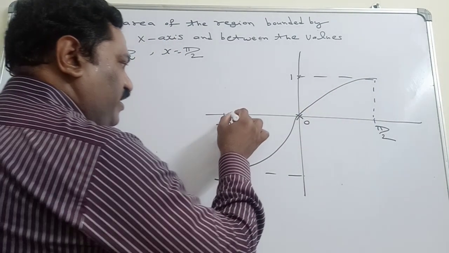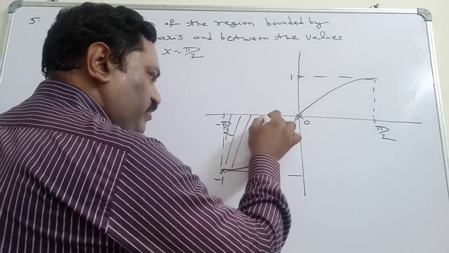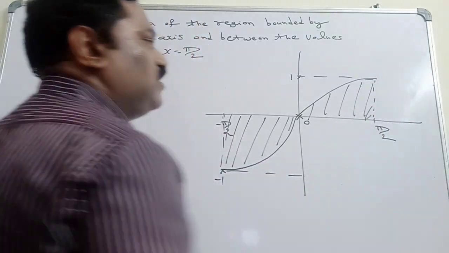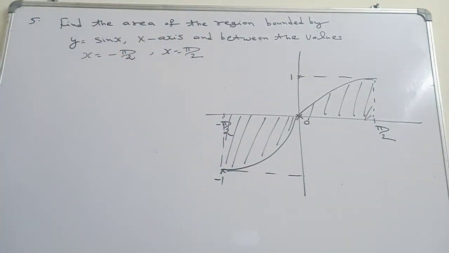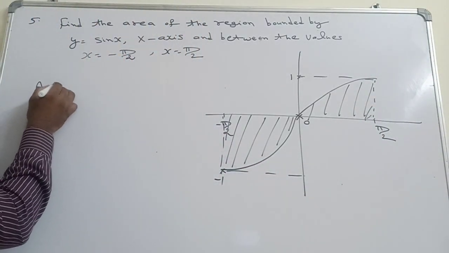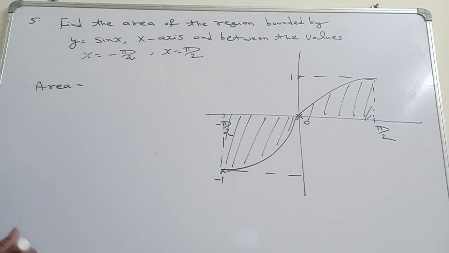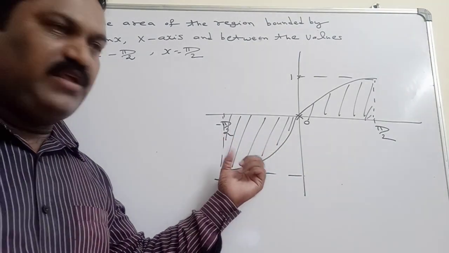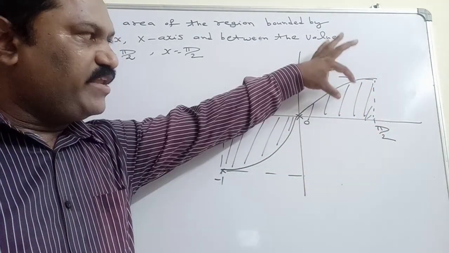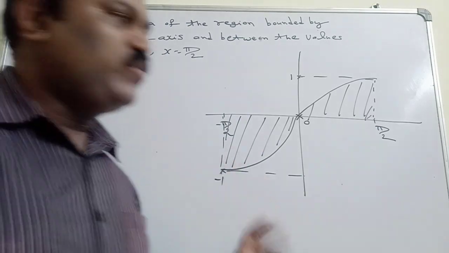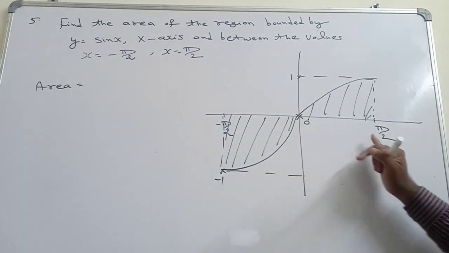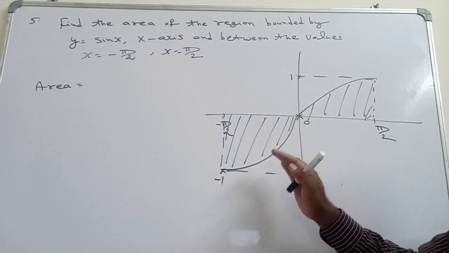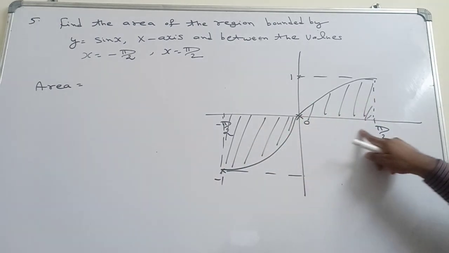Now we have to find the area bounded between this and the x-axis, between the sin x, meaning this is the area we have to find. Here you can observe that the area we get from minus pi by 2 to 0 is also equal to the area from 0 to pi by 2. That's why we can find the area bounded between 0 to pi by 2, then make it 2 times, then we will get the total area. Because here the length of this limit is the same.